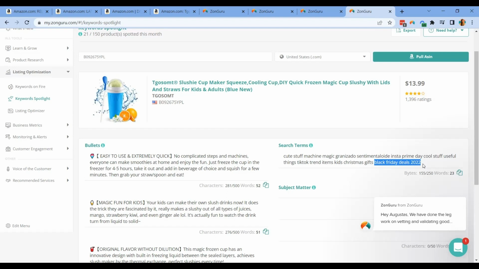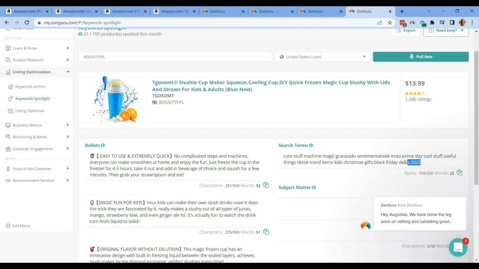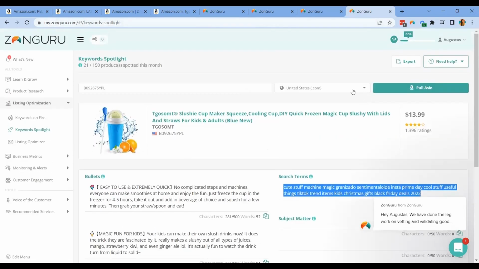So yeah, this is how easy it is to capture or discover the search terms of your competitors, and for you to be able to know and discover what keywords you may use and test for your own listing as well. And constantly, you'll be able to update your search terms and optimize them in a way that goes hand in hand with your Amazon PPC campaigns, to the reach that you're trying to penetrate, another market, another demographic, or another occasion that you're trying to index in or to rank for. And definitely search terms is one of the ways to do it.